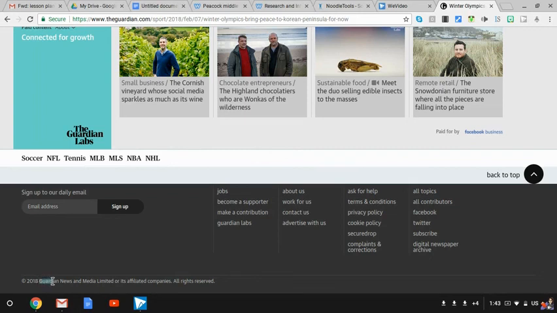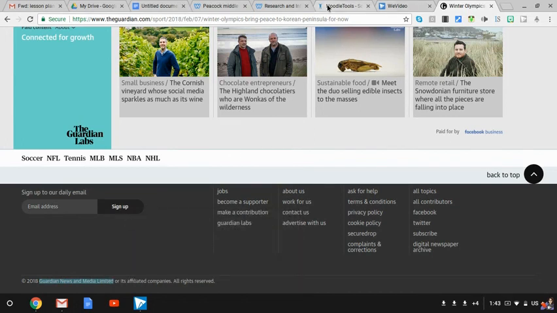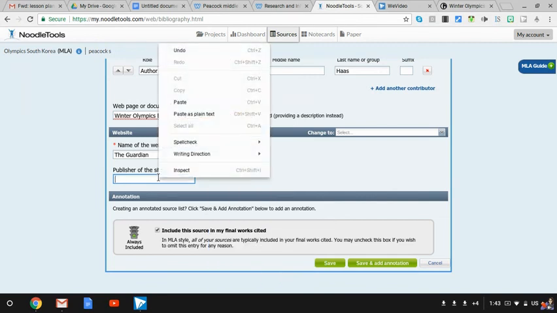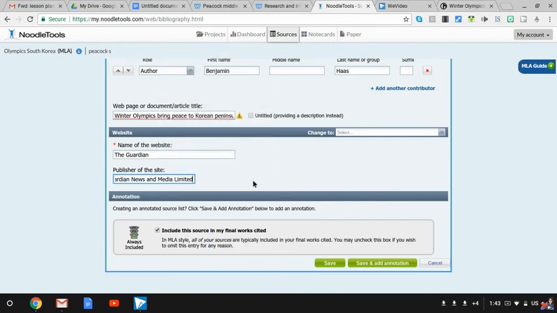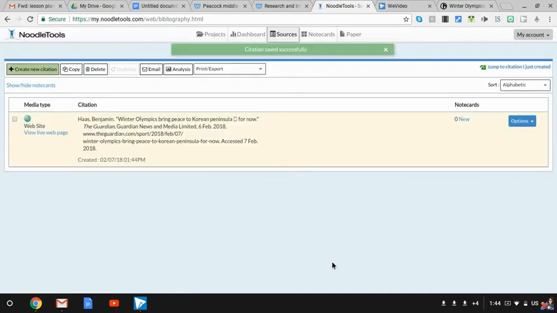So you can go ahead and copy and go back to Noodle Tools and paste. If it is the same exact wording as the name of the website, you can also leave this blank. Now, unless we need to add an annotation, we're going to go ahead and press save. And now we have our first